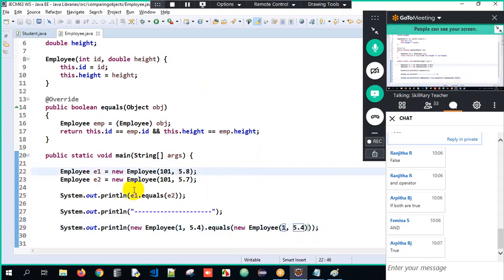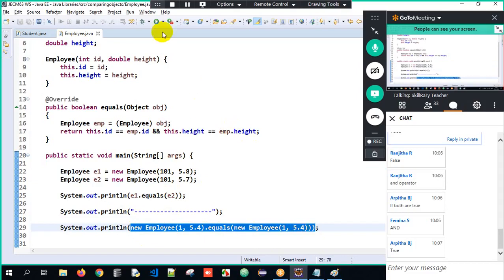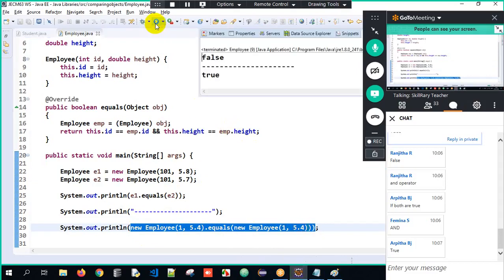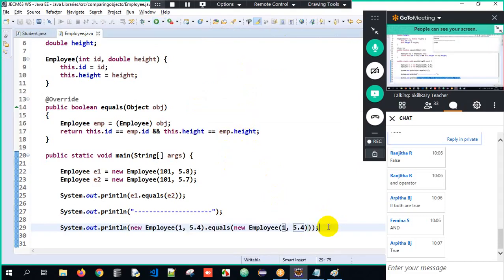See here, what is happening? The same thing only. I created an object and stored it into E1, and I'm telling E1 I'm passing here. I created an object, stored it into E2 and I'm passing E2 here. But we can do it directly also. See, creating an object of employee dot equals second employee object. So we can do it directly also, indirectly also. It's simple. It's not that you are supposed to do it always that way only, or else you can also make use of equals method also, if condition also.